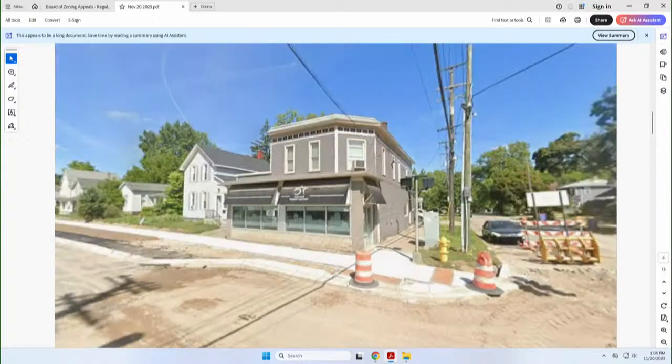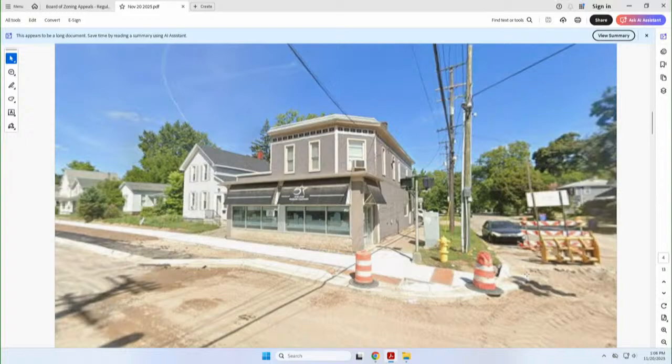The last active use for the building was a window covering business that opened between 2014 and 2016. There is no record of review or approval for that business, and it likely would have required a variance at that time. I don't have the exact date of that business closing, but it was likely between 2022 and 2025. As I stated previously, the applicant is proposing a professional office on the ground floor.